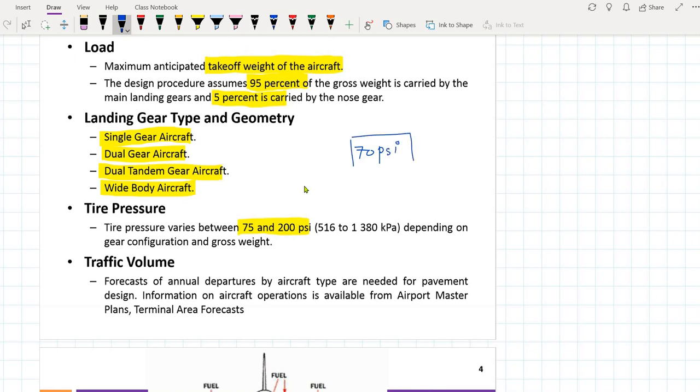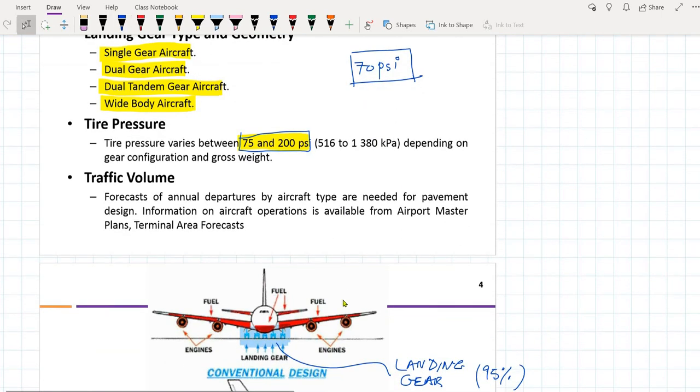So when we design, we consider 70 psi in a standard axle. But in the case of airport pavement, these aeroplanes might have pressures ranging from 75 to 200 psi. About the traffic volume, if you remember, in the case of highways, we always convert all the